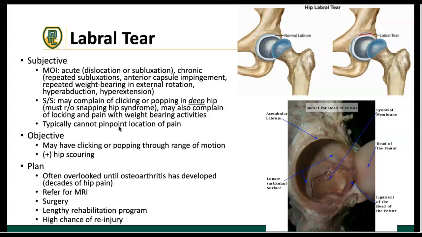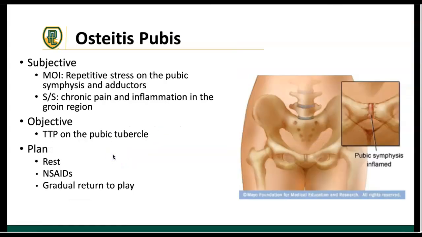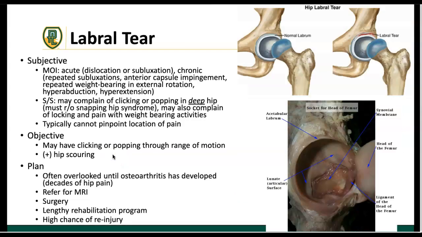So what are the signs and symptoms that can help us kind of determine and create differentials? The clicking and the popping through the range of motion would be one, although one of the things we know is that snapping hip syndrome does that. We also know that snapping hip syndrome only occurs during certain motions. The other thing that we can do is we can load the labrum. We can load the labrum with a hip scouring test and do a grinding of the labrum to see exactly